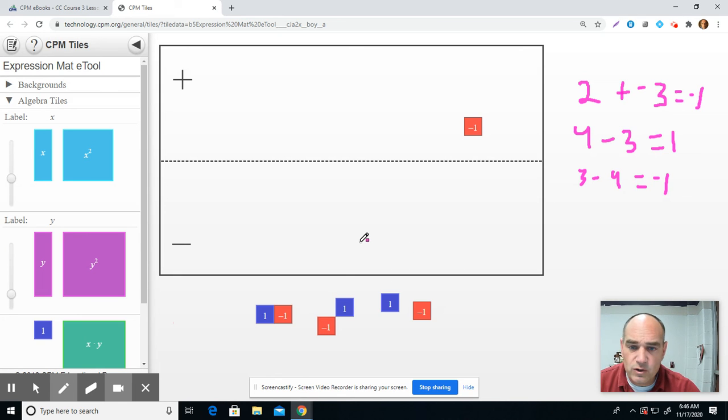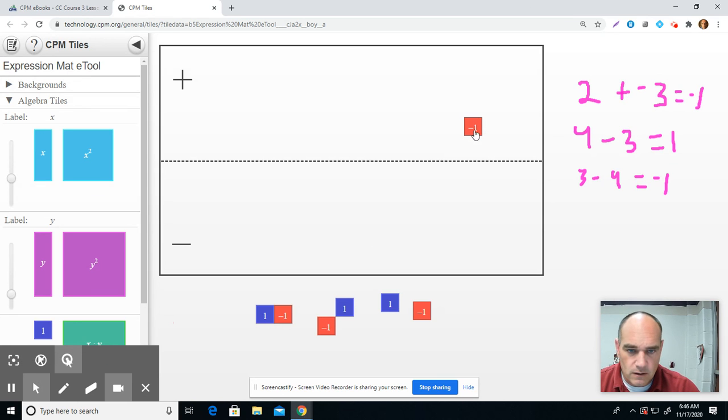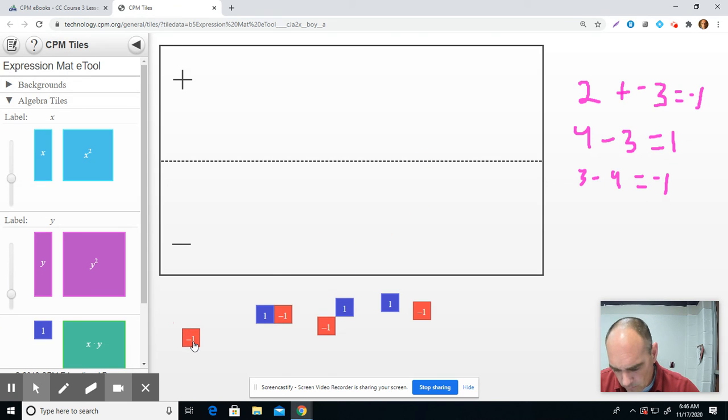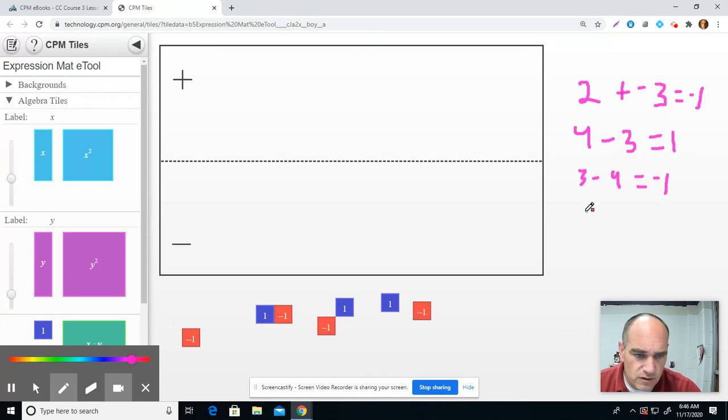So notice what we're doing. Anything that lives down here, we're putting up here and flipping it because it's the opposite of. All right, so let's try some more. How about we try -2 minus 6? So we have a -2